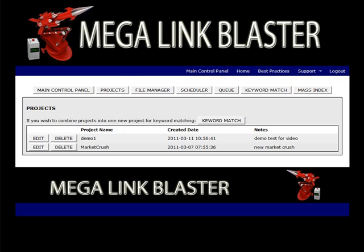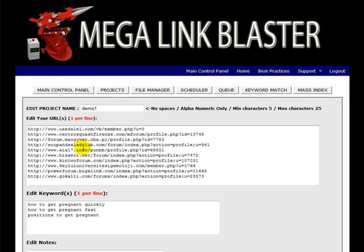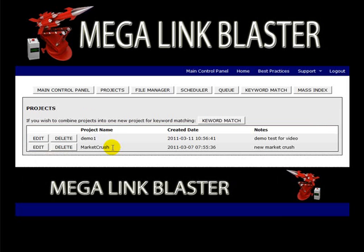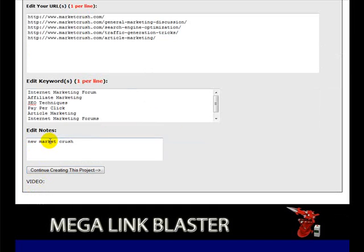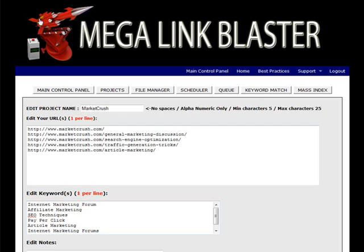Now, one of the things keyword matching does is allows different projects to be merged together so that each project's keywords only go with each project's URLs. So for instance, if we had a project like Demo 1, and in Demo 1 we had these URLs and these keywords together, and we only wanted these keywords to go with these URLs, and the same for this Market Crush one that says these URLs and these keywords, and we only wanted those keywords to go with those URLs, but